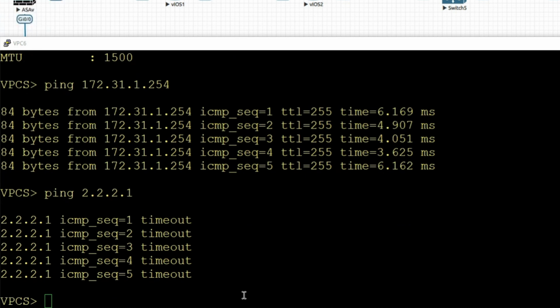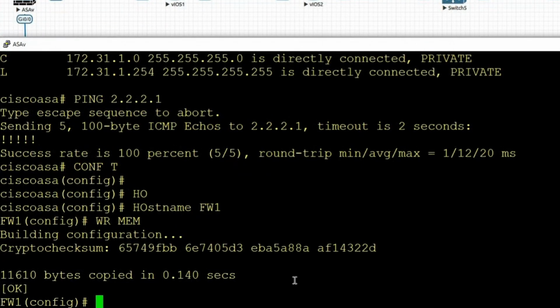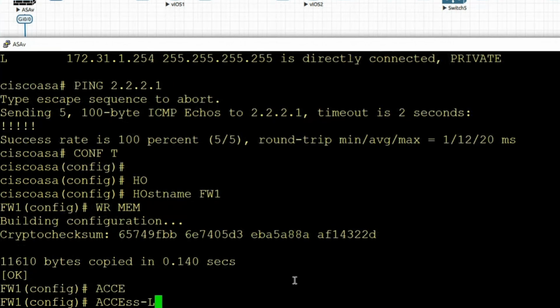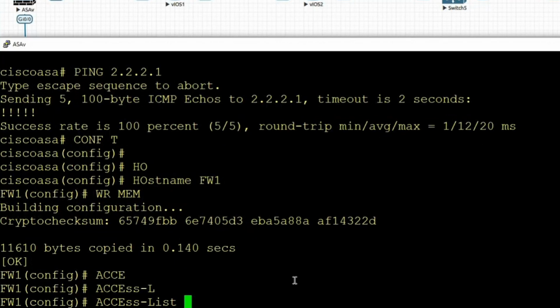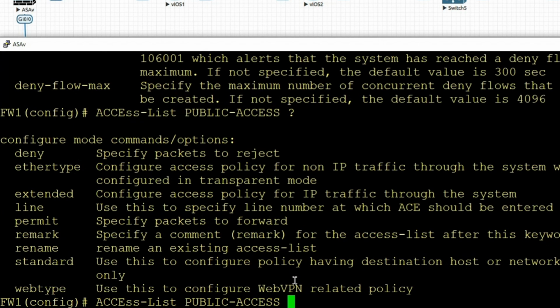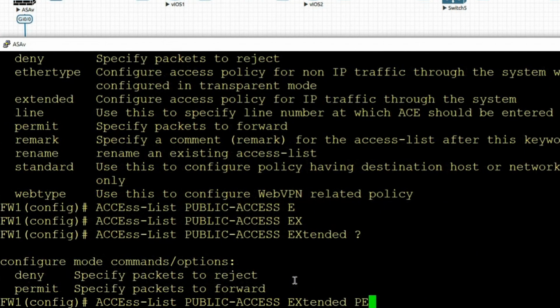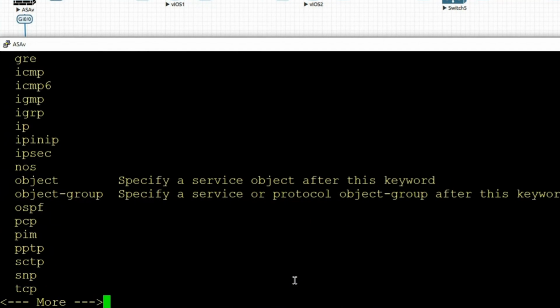And I'm going to create, it's such a generic ACL, I'll create 2 lines. And you're going to see it's like, damn, you're allowing everything. Access list, caps, access list, white cap, so I can see. Access list. And now with the access list, it's going to be a named access list. So it's public. There's a word. It's not a command or naming the interface, it's just a word. Access list. Now, what type of access are you going to create? I'm going to create an extended access list. Okay. What are you going to do? I'm going to permit. What are you going to permit? And you got a ton of stuff you're going to permit.